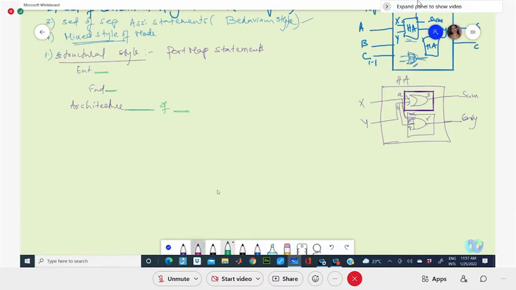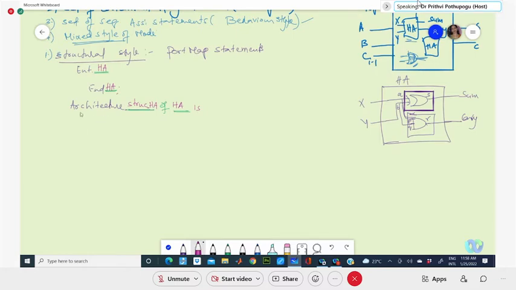Say if you take half adder, end that with half adder, and the architecture struct, any name you can give, struct underscore HA, some name just for our own identification of the same entity name. That is the syntax.